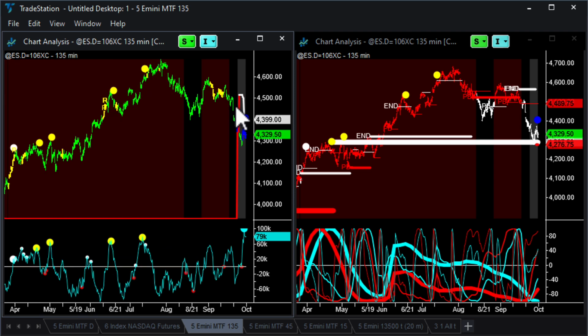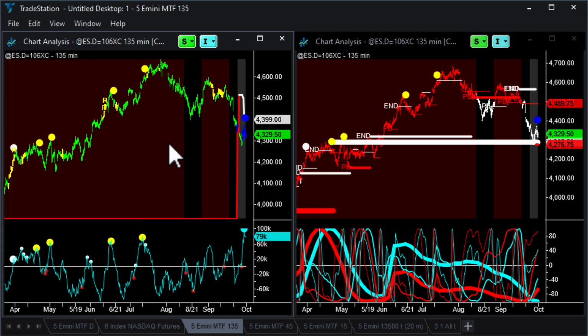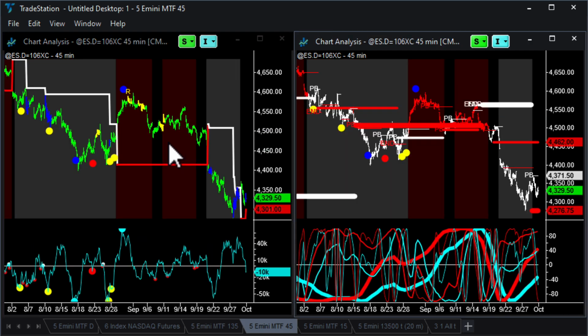It was a big red bar on the 135-minute chart, but on the 135 we've not gone down to see exhaustion sell, and these blue professional bars have happened on the retrace, not on the way down. And in the background here is in grey, so on the 135-minute chart, we're technically in a downtrend at this point. We're coming up to a cyclical support on the highest time frame, but you have to see a pullback to end of trend. We have to see a bunch of things going on and an exhaustion pattern there. And I wonder if this news, the shutdown, is going to cause that capitulation type activity that we might see